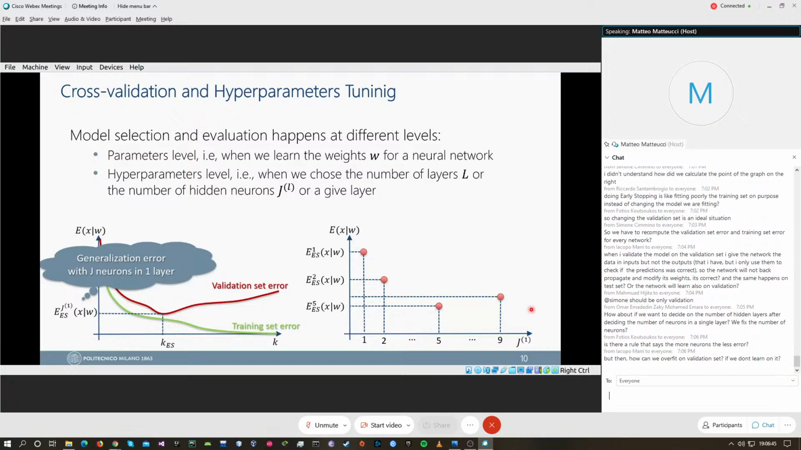How about if you want to decide on the number of hidden layers after deciding the number of neurons? Well, wait a minute. You cannot decide the number of layers after the number of neurons. So basically, the point is that the number of configurations is quite big. You have to test them all. So you can say one layer with one neuron, 2 layers with 1 neuron, 1 layer with 2 neurons, 2 layers with 2 neurons. You try all the